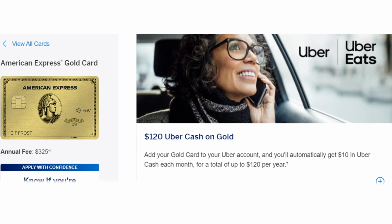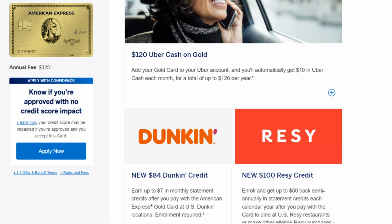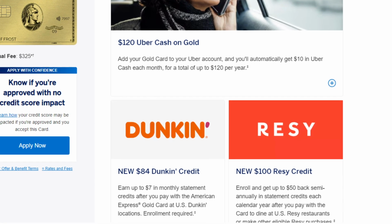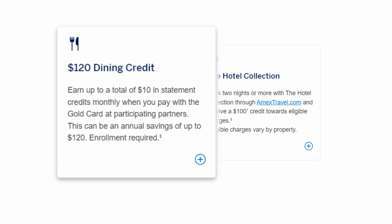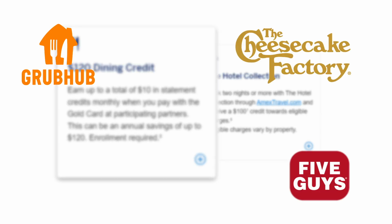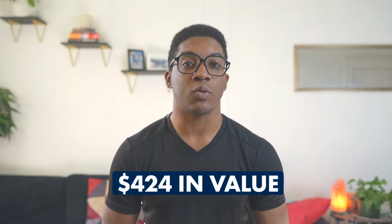Uber Cash for Uber or Uber Eats, $7 monthly towards Dunkin', $50 in the first and second half of the year towards restaurants on Resy, and a $10 monthly dining credit that can be used either for Grubhub, Five Guys, The Cheesecake Factory, Wine.com, or even Goldbelly. So in total for the year, that's approximately $424 in value, so pretty good compared to that annual fee of